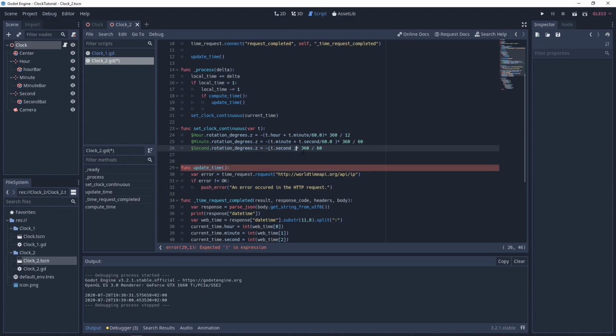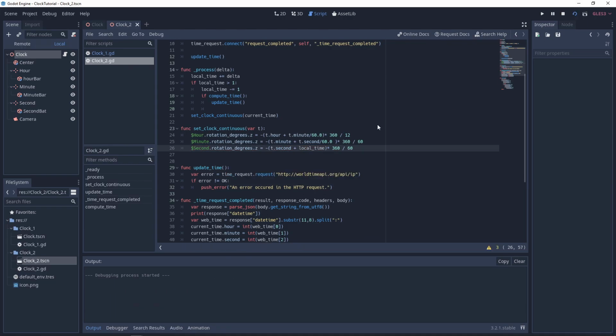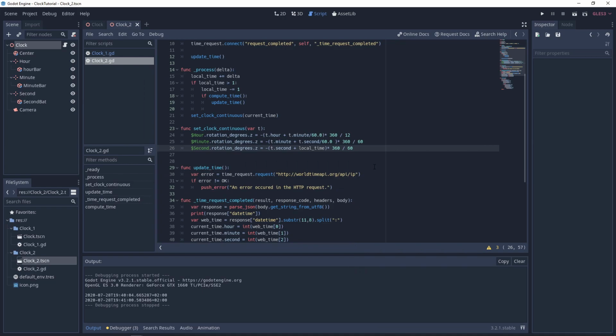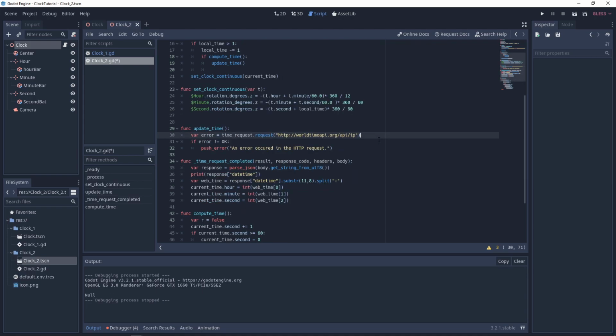We can add this local time variable to our rotation degrees for the second. And if I hit play, as you can see, we have a continuous clock, even the second. Right now our time is computed based on the IP address of the computer or of the user, but we can change this. If you do the request with time zone instead of IP,